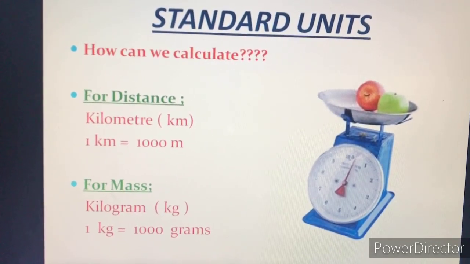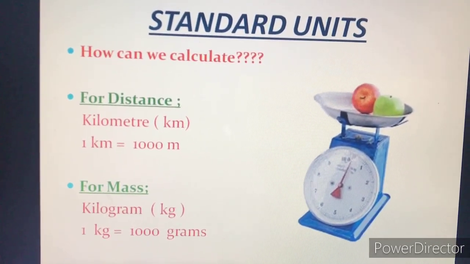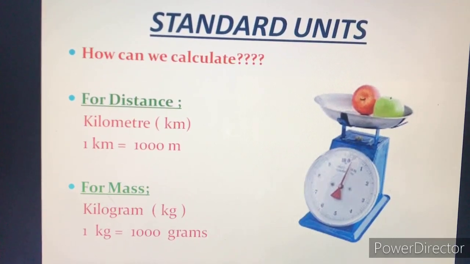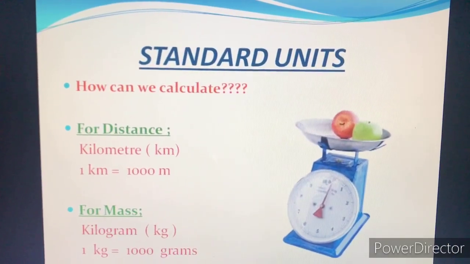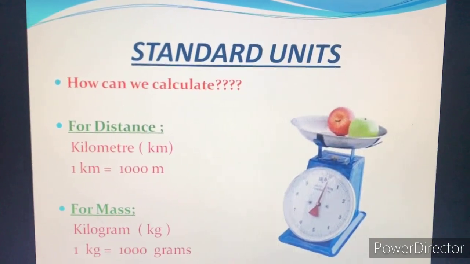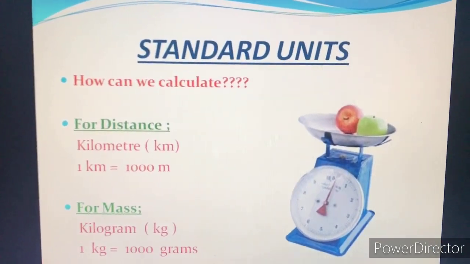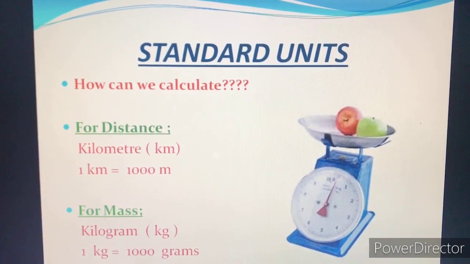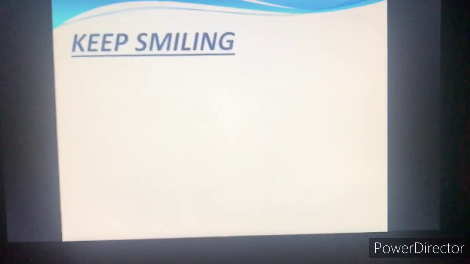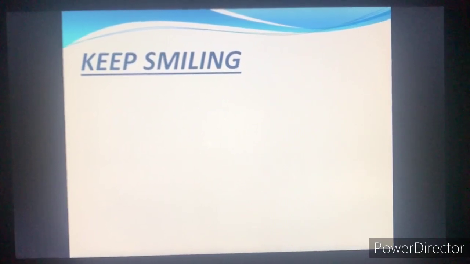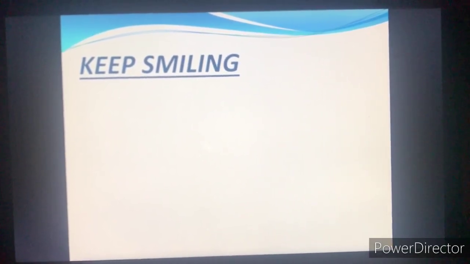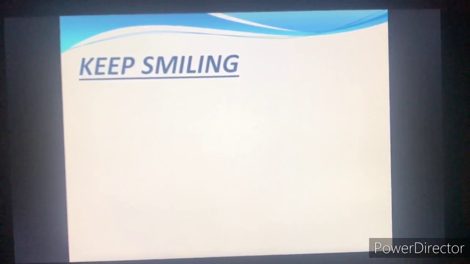So you can calculate and measure them easily. You just need to practice them again and again so you will not forget. So students, please fill up your activity books neatly and keep in mind 1 kg is equal to 1000